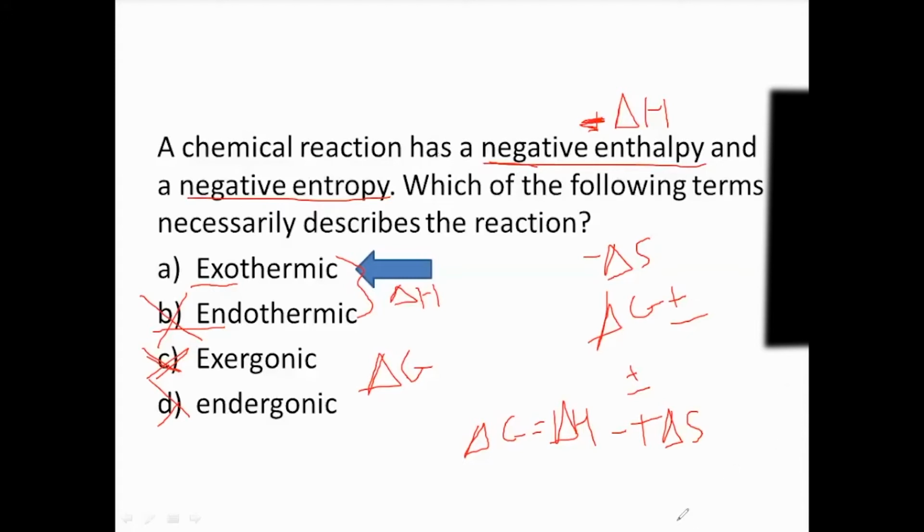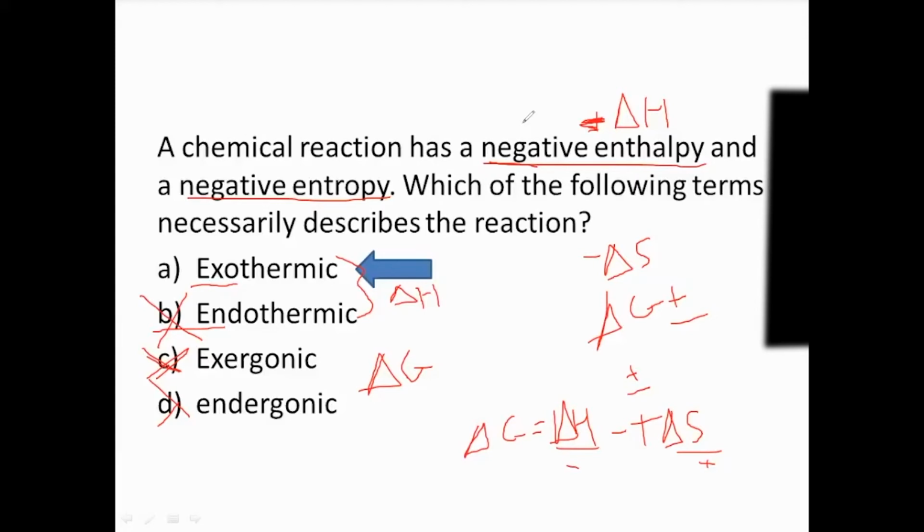So if delta H is negative and delta S is positive, right? And is everybody clear on the favorability between enthalpy and entropy? Is that something people are still confused about? Like when delta H is favorable, when is delta S favorable? If anybody is, please put it in the chat or speak up, because that's the key to all of this. If you don't know those, you can't really move on.